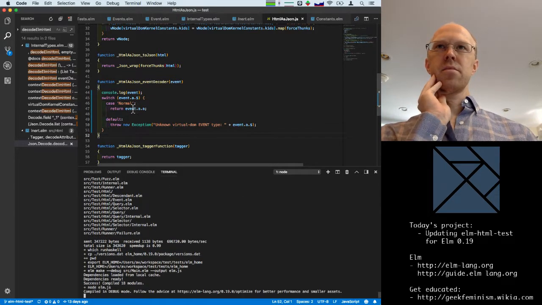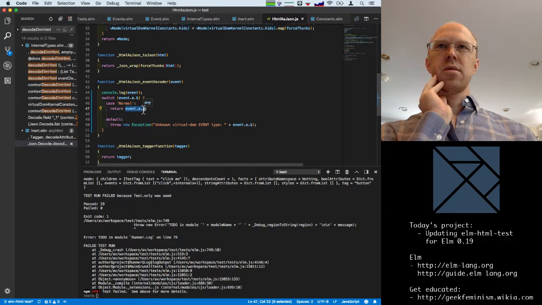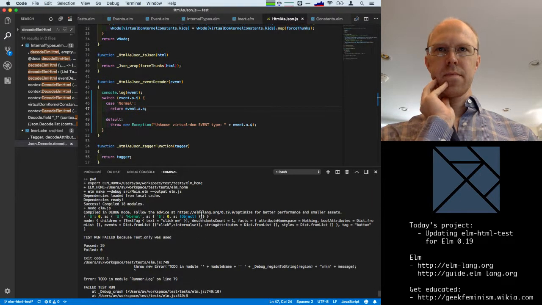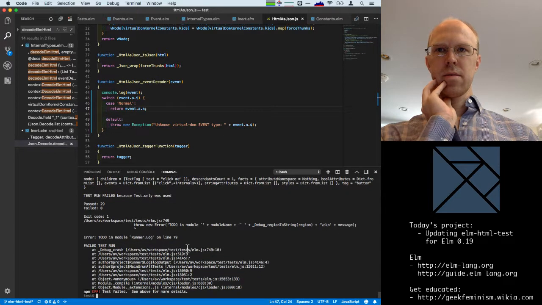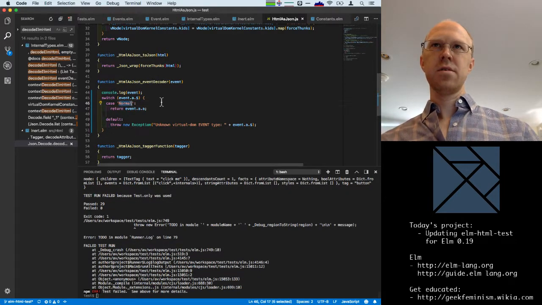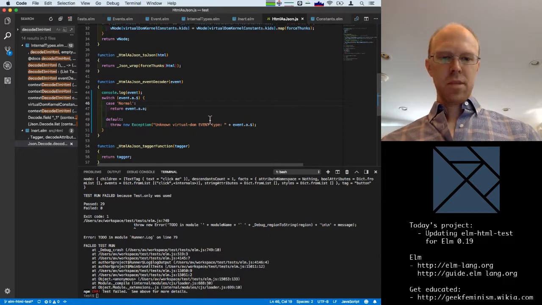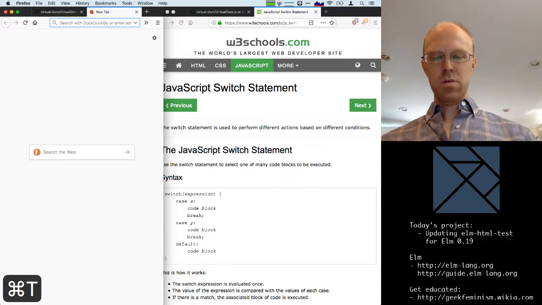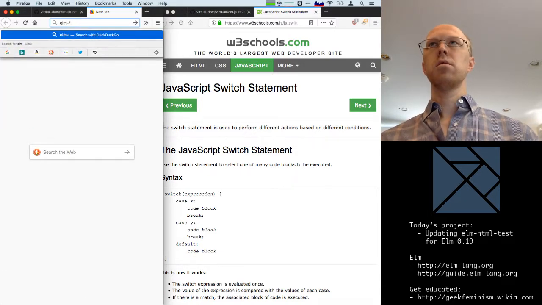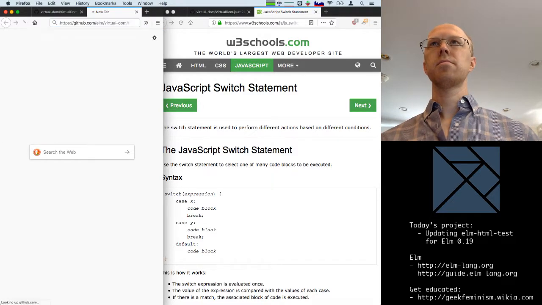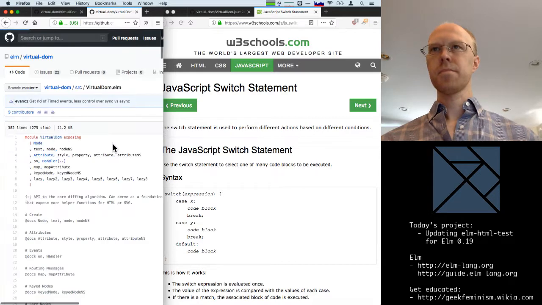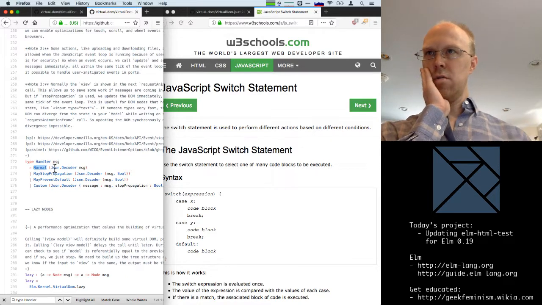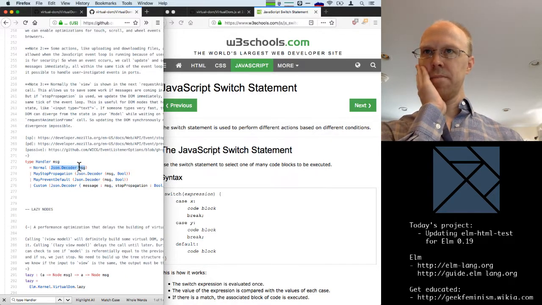Okay, so this, however, is not going to be quite the right type, I don't think. Well, it worked for this case, but when we looked at the handlers, and let me open both of these windows, elm virtual DOM. Yeah, okay. So in our normal case, we got a decoder of message.